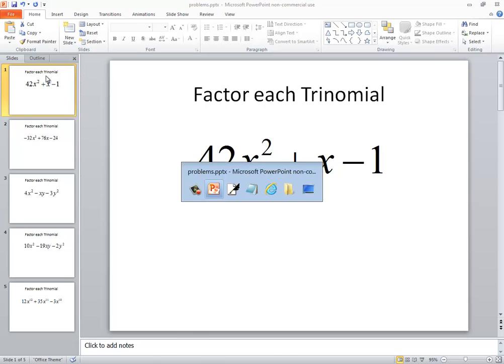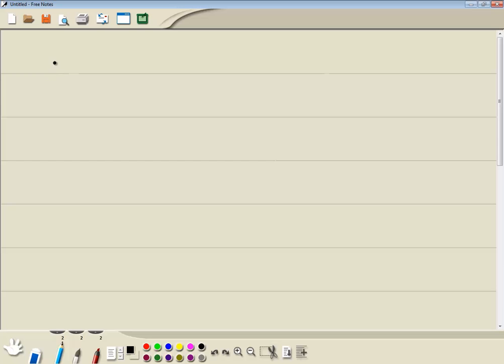Take a look at this problem. We've got 42x squared plus x minus 1. And this would be the key number. The reason why it's a key number is because we've got x squared, x, no x, and there's a number in front